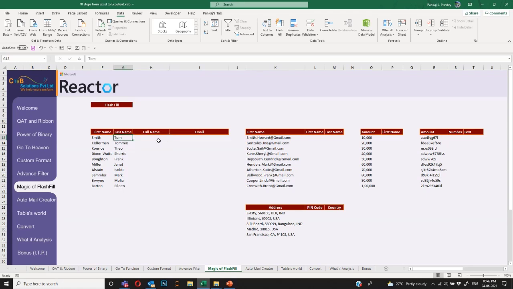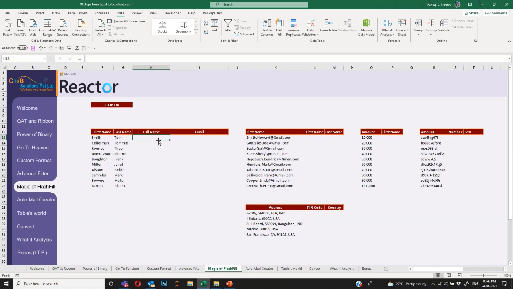A few examples: let's say I have a first name, Smith, and I have Tom. I have to create the full name, and that too in the order where surname, comma, first name will come. So I will either use the concatenate formula, like Tom, and comma, and then drag it down. That is good if you have a repetitive task. But let's say you're working on an ad hoc task, you don't want to create a formula for everything.